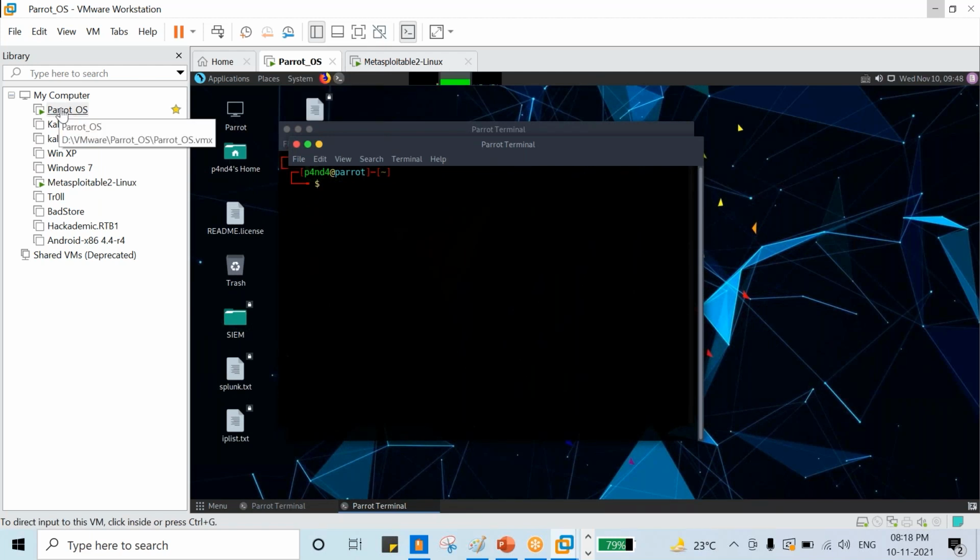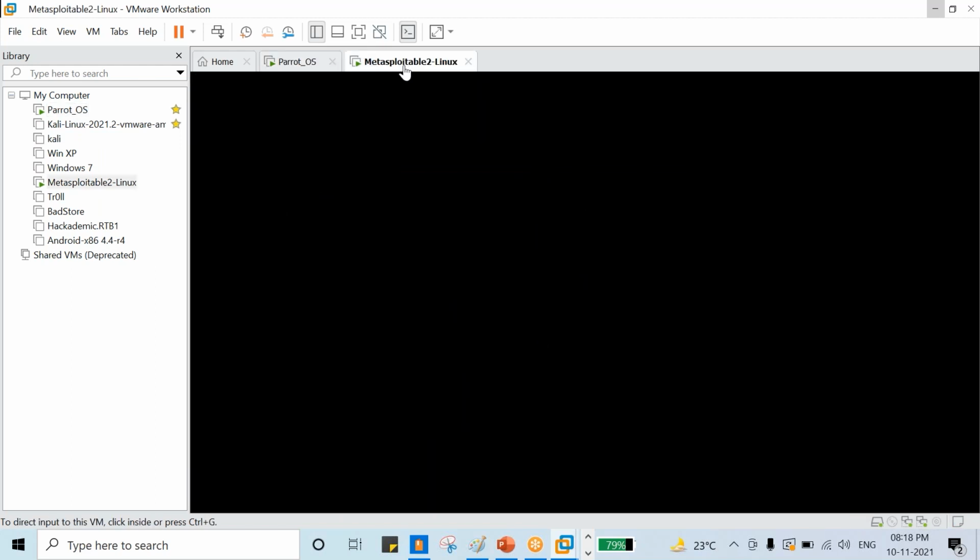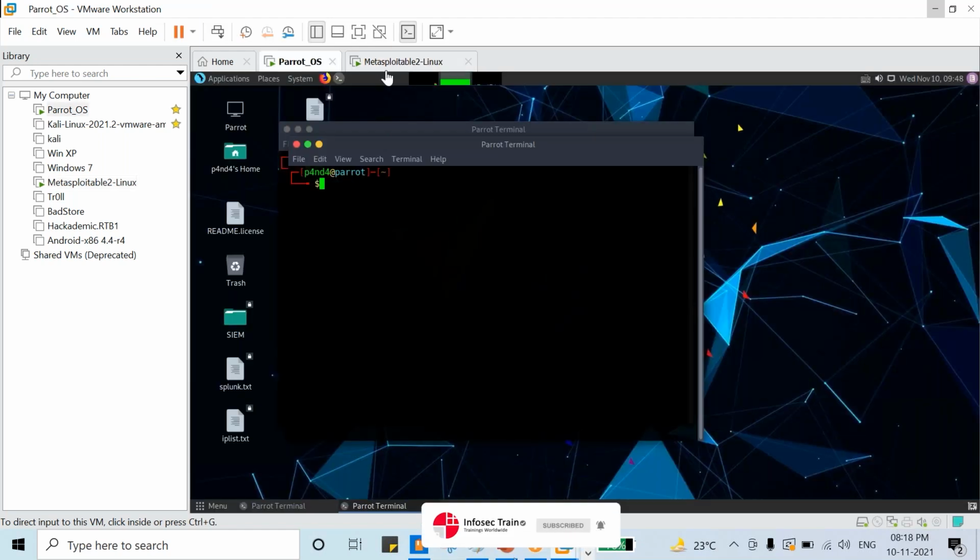I have turned on my attacker, that is my Parrot, and I'm taking an example. The victim is my Metasploitable 2 machine. It is a vulnerable machine, a machine which has a large number of open ports. I don't have any access to this machine. Whatever I'm doing from Parrot as the attacker, I need to find out the IP address, and I need to find out whether the machine is up or down.